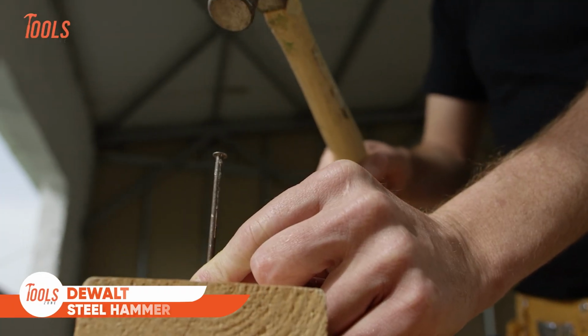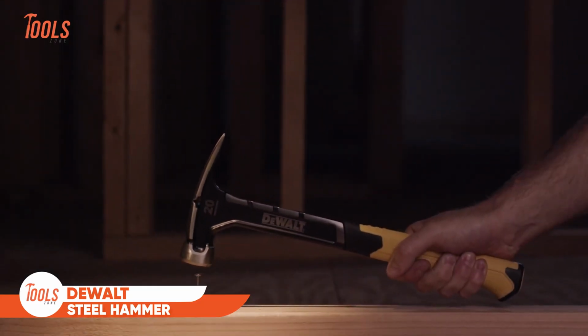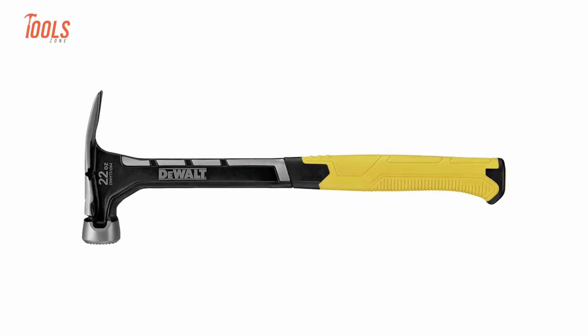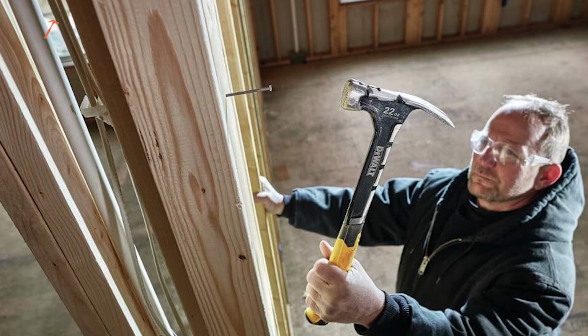If you're looking for a hammer that's built to last and gets the job done with ease, the Dewalt 16-ounce one-piece steel hammer is here for you. What really stands out is its single-piece steel construction. It means the entire hammer is forged from one continuous piece of metal, so you don't have to think about